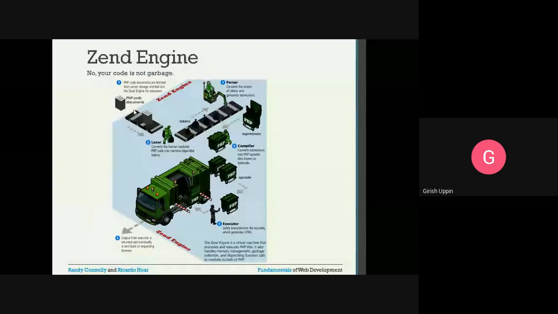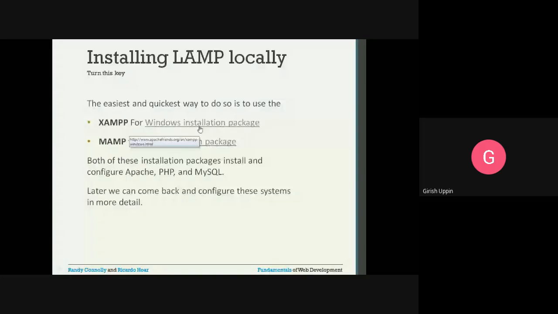Installing: so to work with this, it is simple, you don't have to worry. Apache has its own website, normally ending with .org.